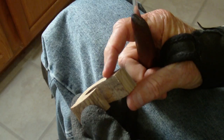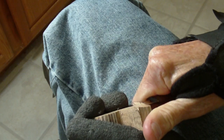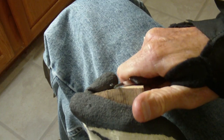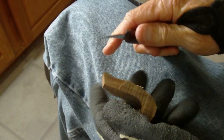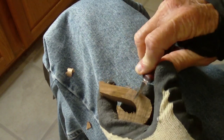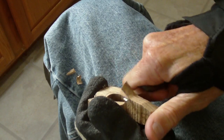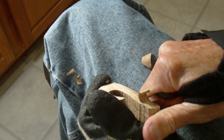Now, what I'm seeing, of course, is it's basically a matter of shaping it. So first of all, we get down, this is 3/4 inch butternut, by the way. We would start shaping the piece itself, rounding it off. And just be kind of careful, especially with a smaller piece like this. You want to be careful not to